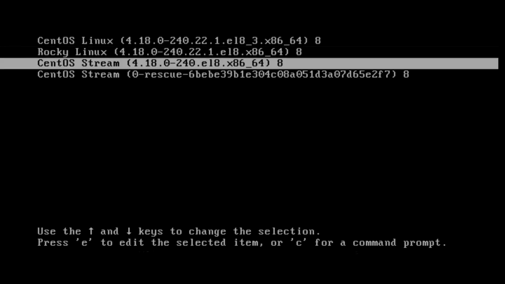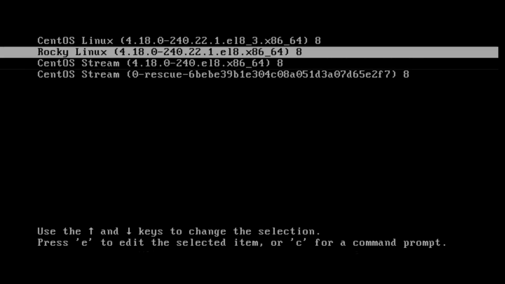Now, the CentOS Stream was from when I first installed CentOS. This was actually a known bug that it just named it incorrectly. It wasn't actually ever CentOS Stream. It was just CentOS 8. So now I'm going to boot into the new Rocky Linux, which is the default, by the way. You don't have to select it. And we'll see what happens here.